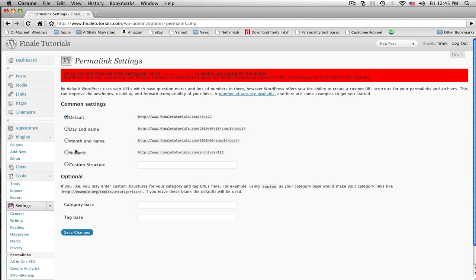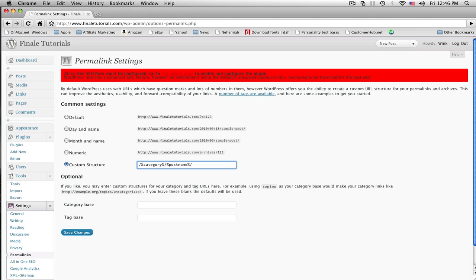So you become part of the pages that have to deal with the things that you're writing about, and people will be able to find you. So just click on any one of these, maybe month and name is fine, and then come to this percent sign and go to the left of it and keep going back. All we want are two of these things, and this one is going to be